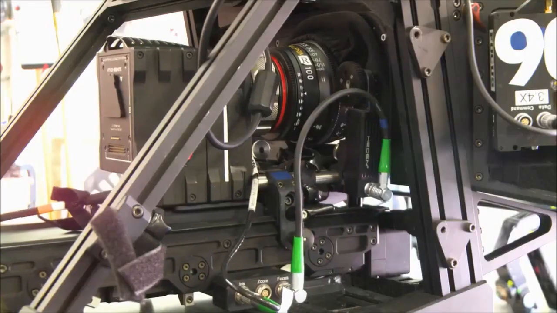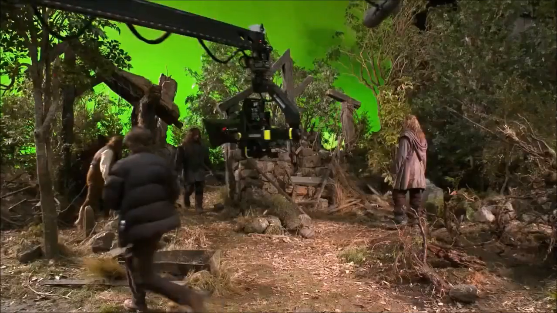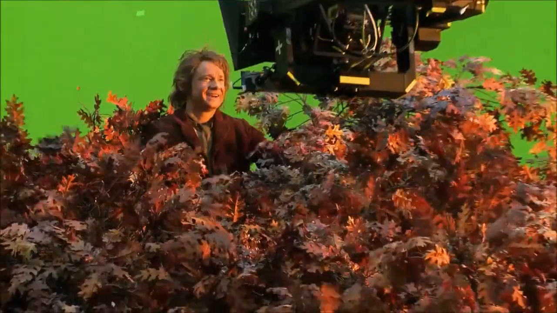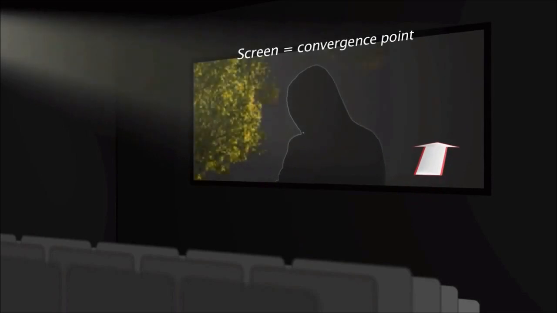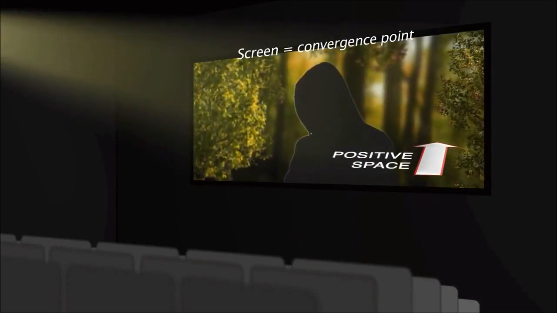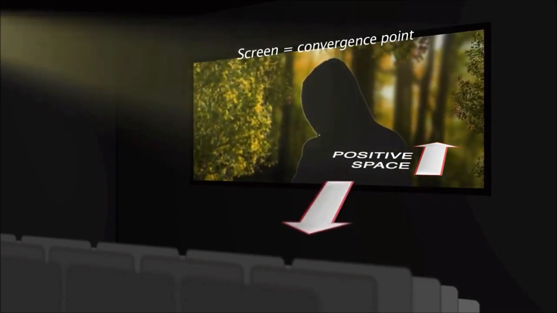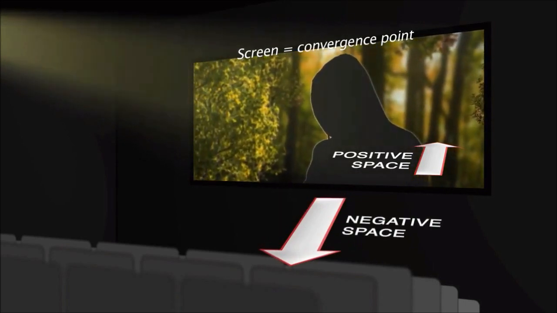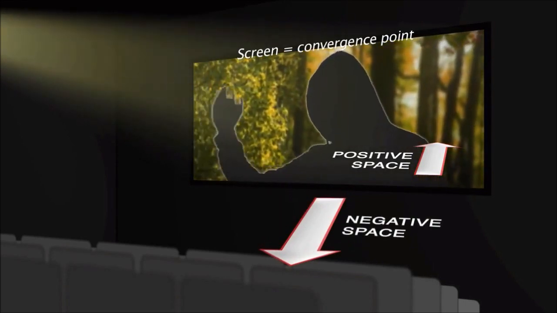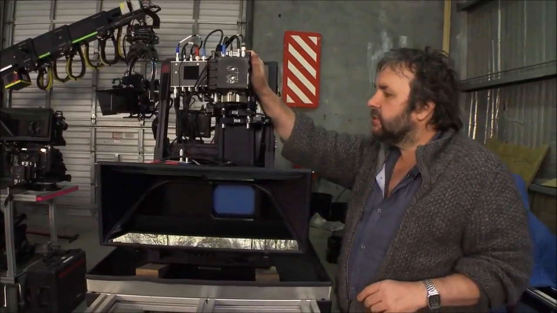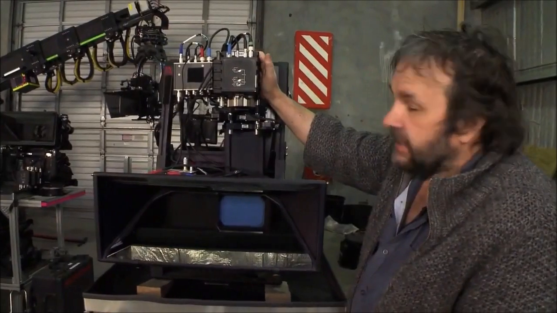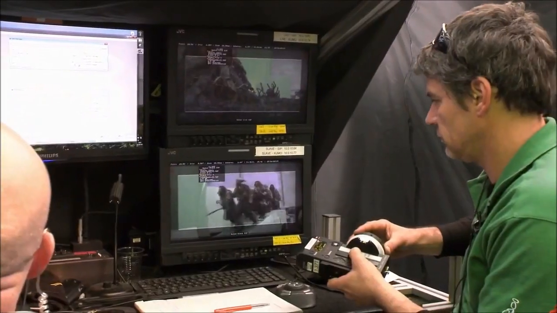With using two eyes, we can move the cameras apart and also, more importantly, find a convergence point. For example, see around someone's face, just like you're looking at a friend. The convergence point is the screen plane itself. 3D forms two places, positive space, which is inside the box, what you see behind the person who's standing on the screen, and negative space, which is what you feel comes out into the audience, an arm, a bullet, or whatever you want. And the whole idea with these rigs is you can change the interocular and the convergence as we're shooting.